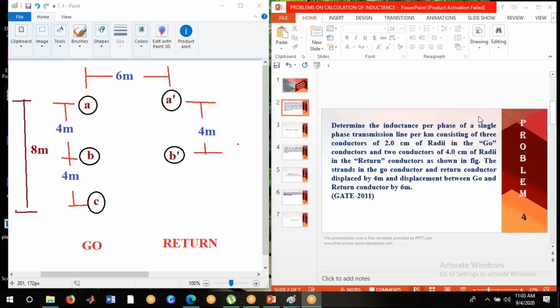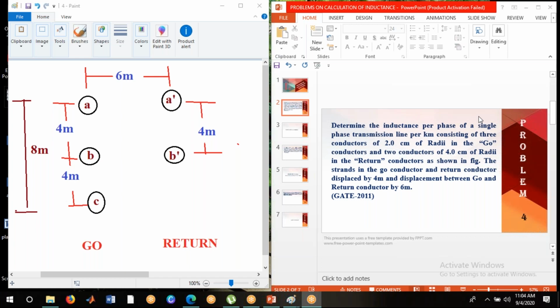Okay, students. We will start the class now. We are going to discuss in today's class three more problems on inductance. Yesterday we discussed three problems on inductance which belong to the single phase. Now we are going to solve problems based on three phase lines, and these questions were already asked in previous competitive exams. My intention is that you have to be clear about how to make the circuit based on the given information. That is why we are going to solve three more problems in this class.